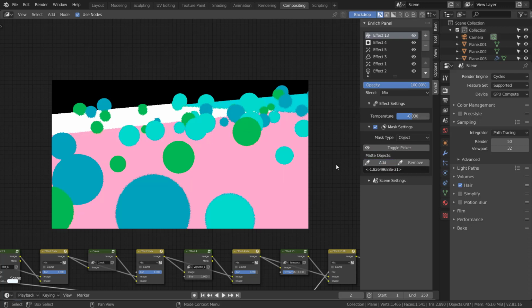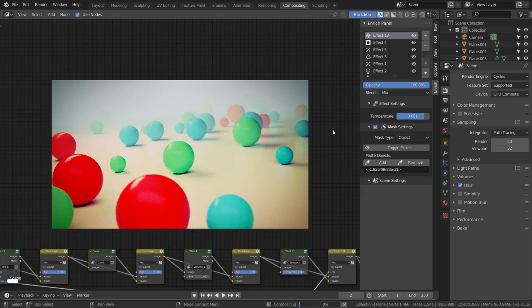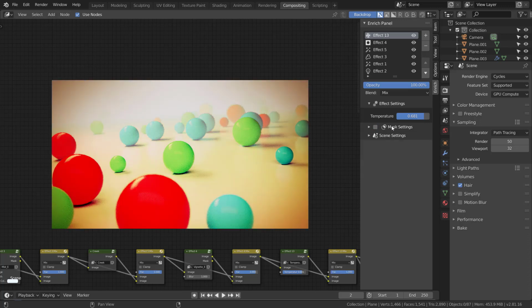So I can select the green ball over here, and again, as you can see, it has become really fast. So this is what the performance mode aims to solve, and this is coming with the Enrich add-on